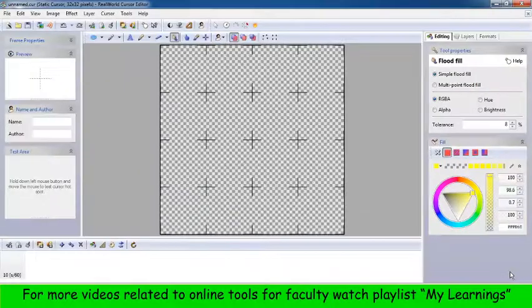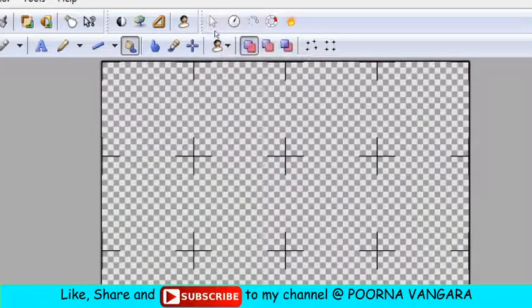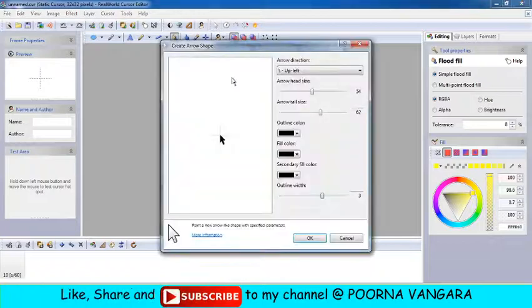Let me zoom back. So this is the page of the software, I mean the editing page. Here you will have different options. You can see, let me zoom in: make arrow shape, make animated clock, make animated dots, and make animated buy. So many options are there, but we require only this make arrow shape. Let me zoom out. So you just click on that.